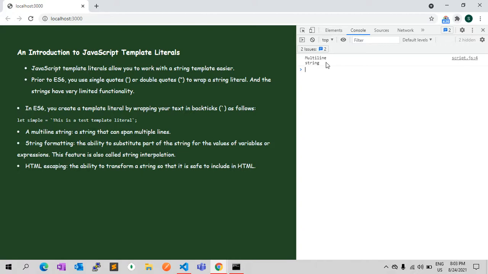Therefore, it was quite common to create a multi-line string that relies on an array and string concatenation.